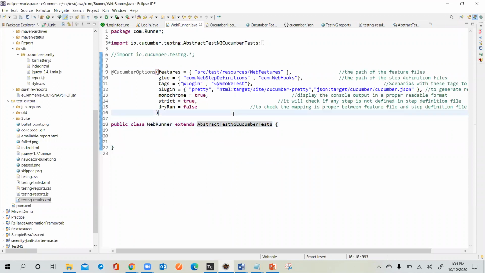Hey Chris, I have a question. In the runner file, every topic is clear related to the tags. It sounded like you definitely need to use these annotations as part of groups to call and execute. Don't we have any option to execute individual scenarios only? For example, login is a group of scenarios. Can I execute only three, or a specific execution? That is what I showed you, right? @CK @demo. I wanted to execute only that scenario. If I write that one, that will execute only that scenario.